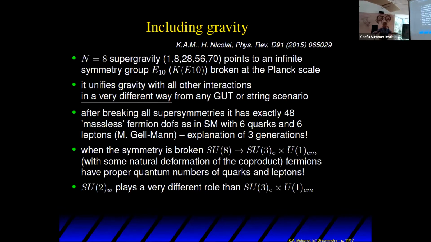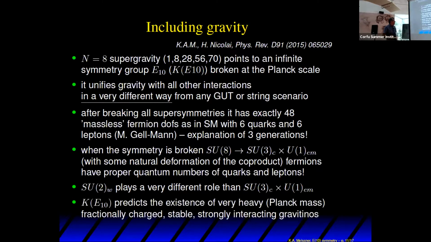While at the low level, in this room, for example, we see quote unquote SU3 color. Of course, there are condensates, so we don't see that exactly, and U1 electromagnetic. SU2 is not realized at low energy. In this picture, SU2 is never realized exactly. It's an approximate symmetry up to the Planck scale. And K of E10, that's a very important thing, predicts the existence of very heavy, fractionally charged, electromagnetically stable